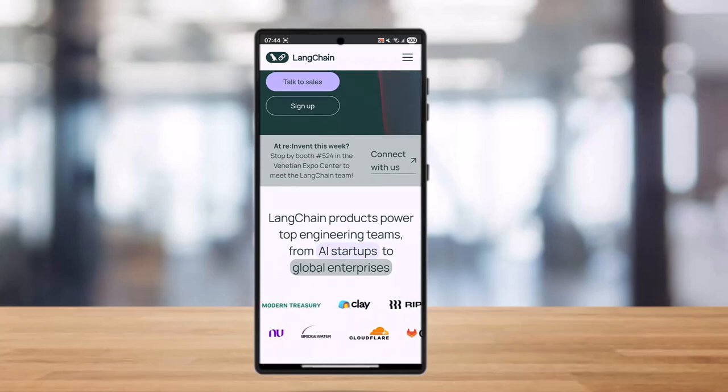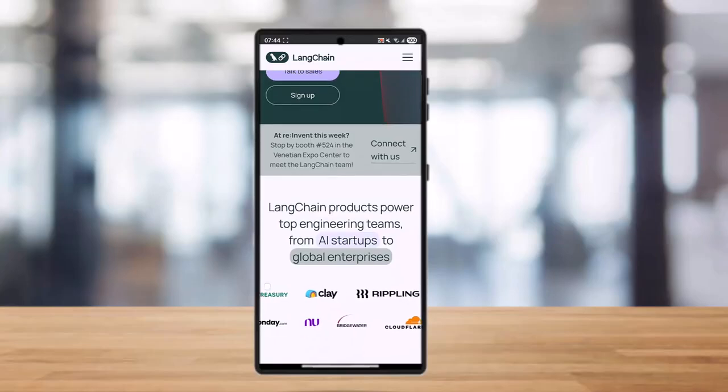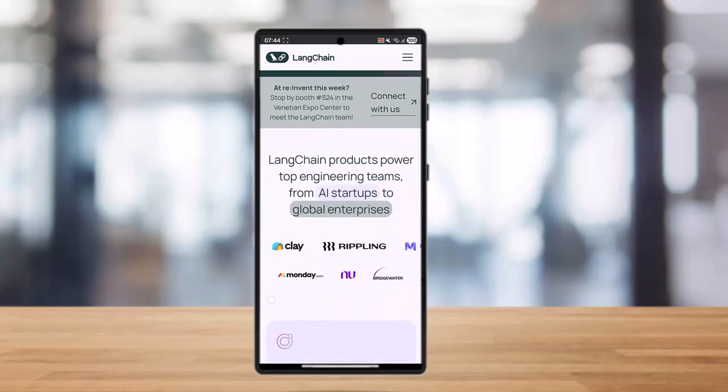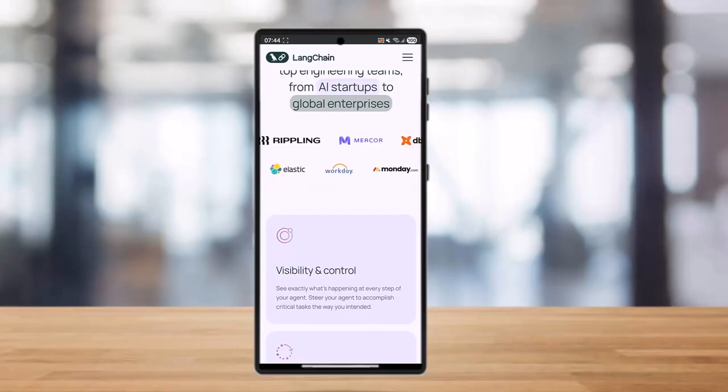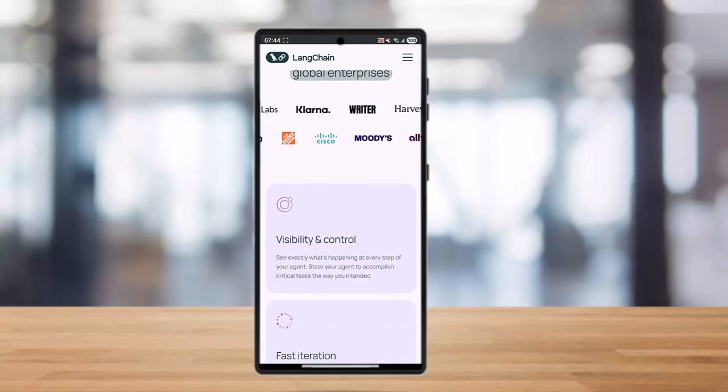Now, first of all, what you've got to do is simply load your data. You need to load your data from various sources like text files, PDFs, websites, and so on, and use document splitting. You can split your large documents into smaller, manageable chunks to improve your retrieval efficiency, and embed your documents. You can convert these document chunks into numerical vector embeddings using an embedding model like OpenAI embeddings or